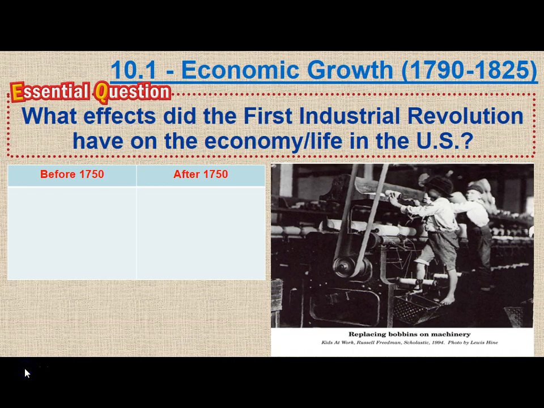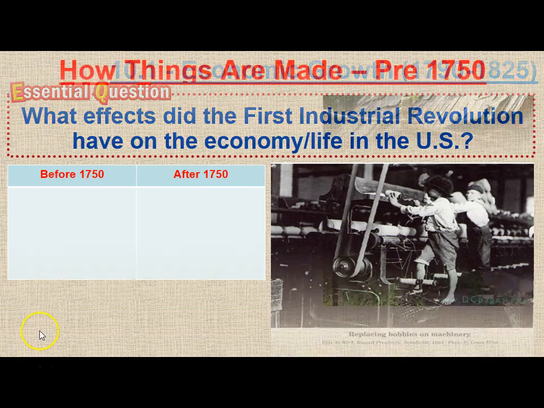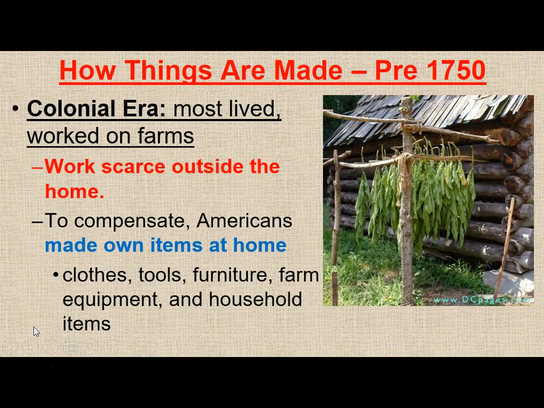All right, here's lesson one of chapter 10, the Industrial Revolution, or for American history purposes, better known as the market revolution. The impacts of that on the economy and life in the United States is a big deal. What's life like before? What's life like after? We got a little bit of an idea with our introductory video clip the other day, but here it is again. In the colonial era, most people are really living and working on farms.